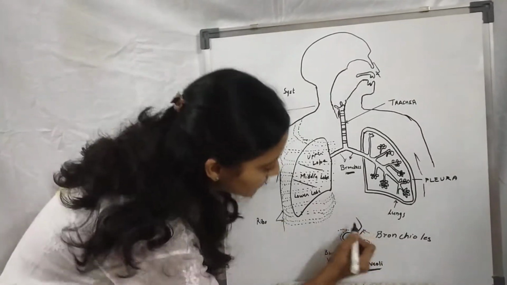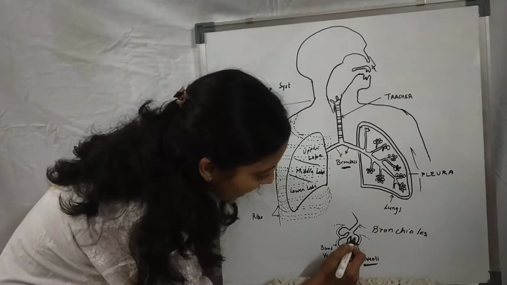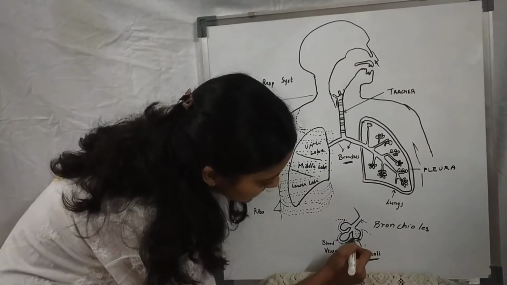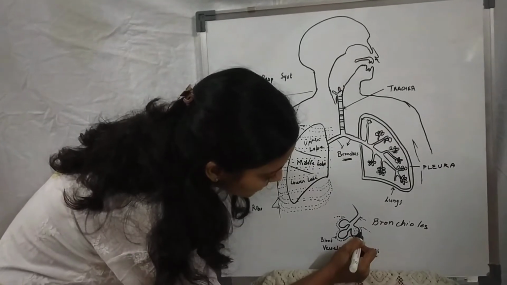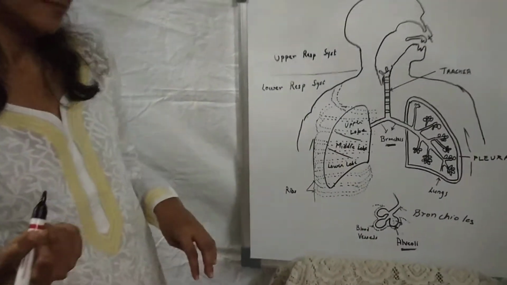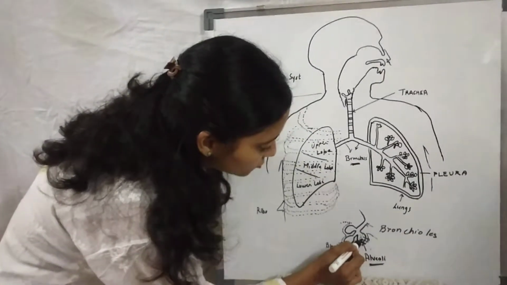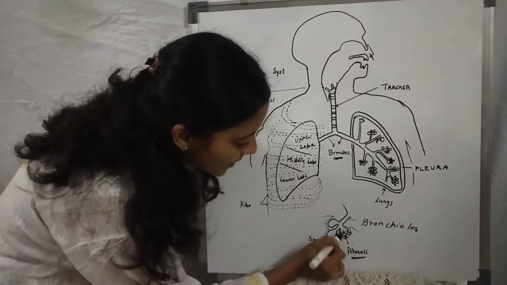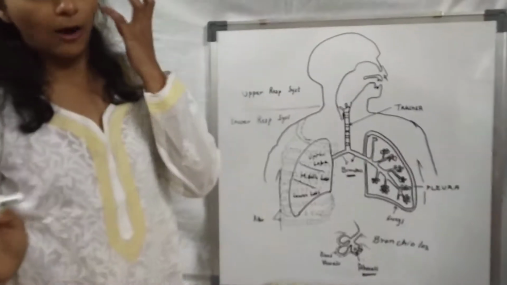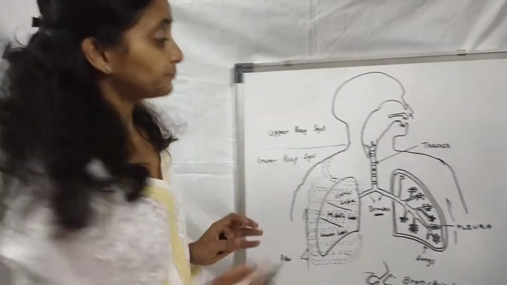The air, the oxygen that you are breathing in, finally goes into these air sacs. Here, this dotted line is the blood vessels. There the oxygen exchange takes place. The oxygen enters into your bloodstream, and the carbon dioxide from the bloodstream enters into your alveolus and then takes a reverse turn out, and then you breathe out. This is how your respiratory system is placed.